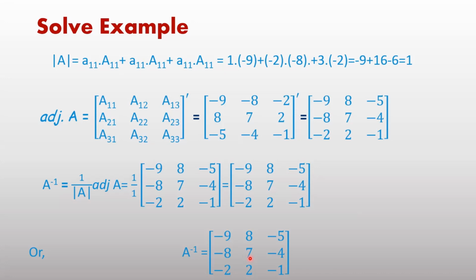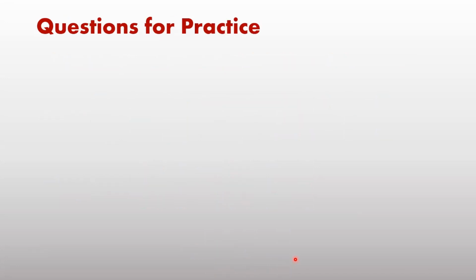If you want to verify whether our A inverse is correct or not, there is an easy method you can select. Since you know AB equal to BA equal to I, it implies both are inverse of each other. The same process applies here. If A into A inverse gives an identity matrix, it implies the inverse is correct. In this pattern you can verify whether your result is correct or not.